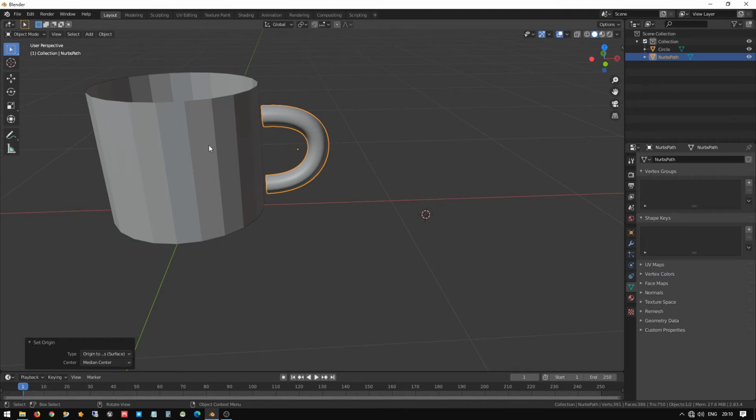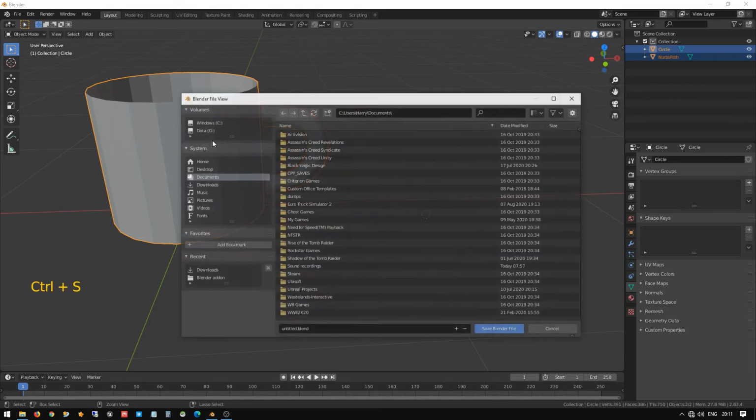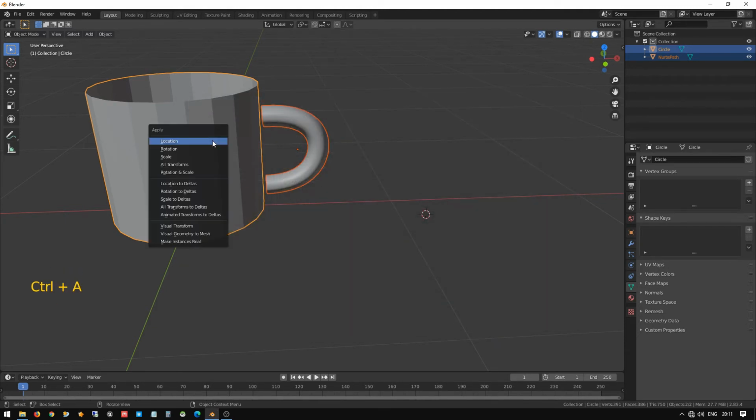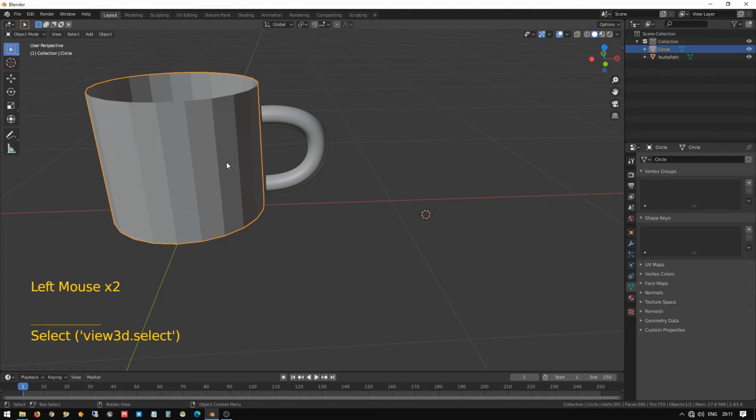And before adding to the cup, let me reset the location and size scale to the same location. So select the handle and press shift and select the cup and reset the location scaling to set the absolute size. So press Control A to apply the scale. So after Control A, you can see the scale, press and apply the transformation which is required for us.